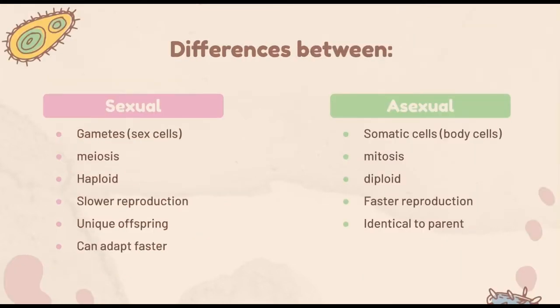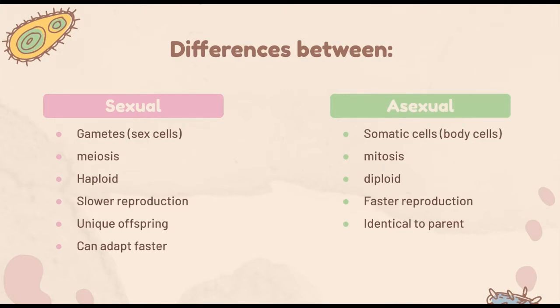Now, what is the difference between asexual and sexual reproduction? Sexual reproduction involves gametes, or sex cells. This also means that sexual reproduction happens through meiosis, not mitosis. Since it is the creation of gametes, they are haploid, meaning they contain only one set of chromosomes. This is because when an offspring is created, they get one haploid from each parent, making the resulting organism's cells